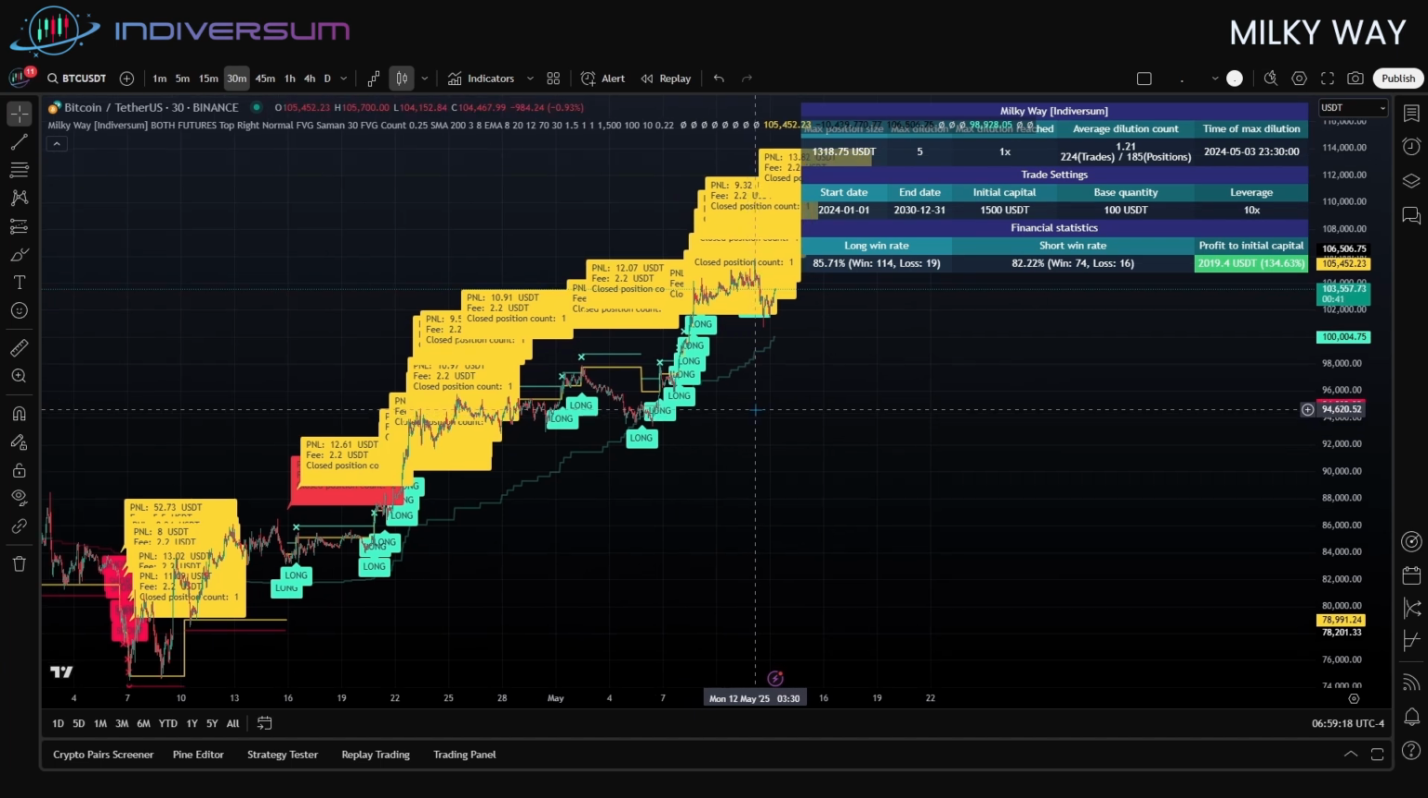So if you're looking for a smart, balanced strategy that gives you quick entries and fast exits without being overly aggressive, this Milky Way setup might be a